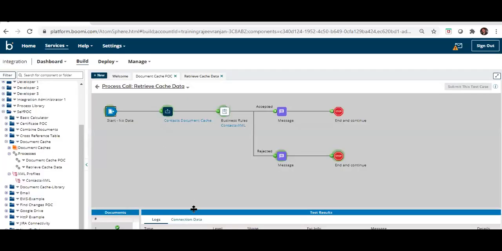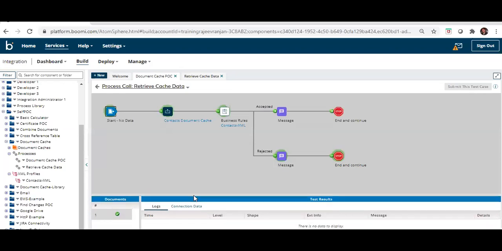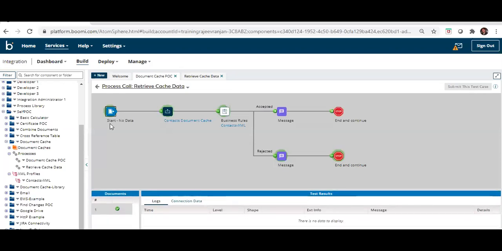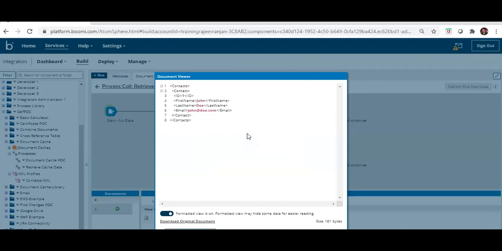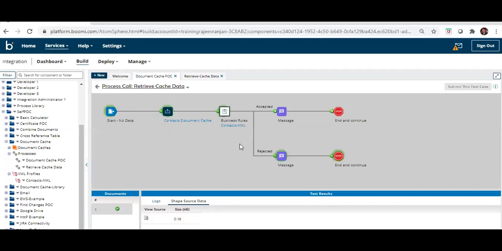Here you can see one document is processed. We have received the one document, and here you'll see what kind of document we have received: the static value john@the-rate-of-door.com. What we are looking for is from the retrieve from cache. This is the only thing we have done. And here you can see the business rule is going to reject.